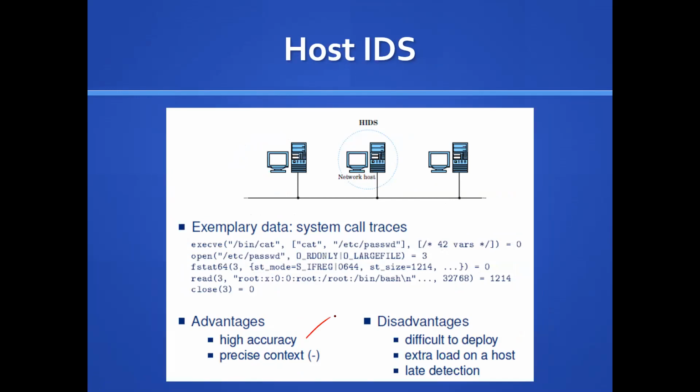It has more accuracy because the IDS is now focused only on things that it cares about, so it could be more precise, including encrypted things. It'll be able to look at them. Obviously, it might be a little bit harder to deploy because it's extra load on your host machine, and detection is late because the attack made it to the machine, but it might be detected before it's allowed to reach the final destination. So that gives you an idea of the differences between network IDS and host IDS. Okay. Any questions about that? I don't think so. All right.